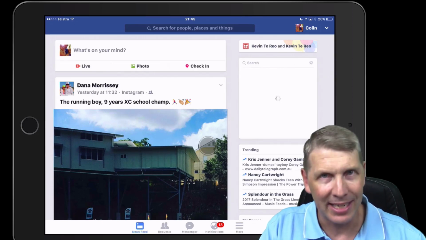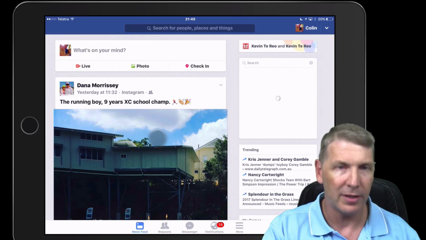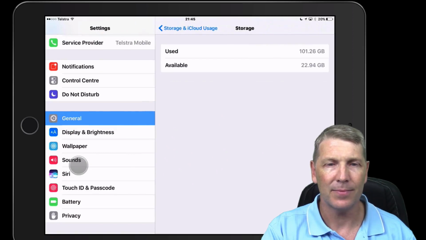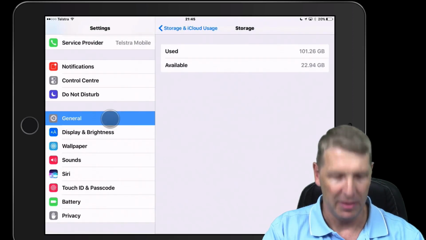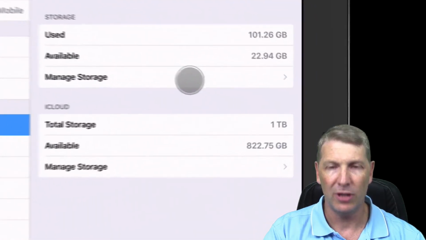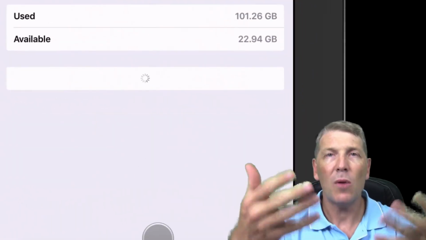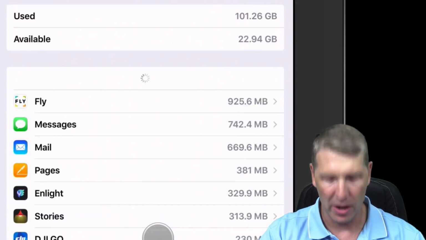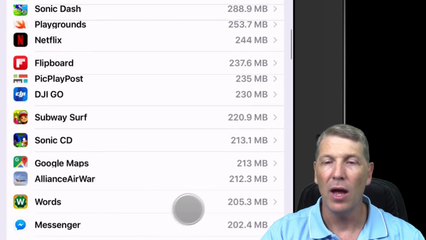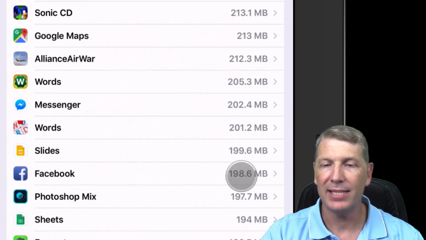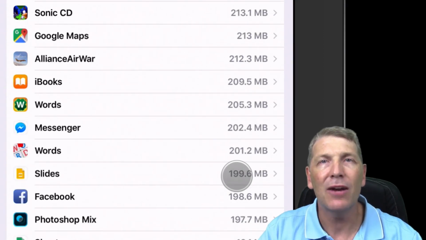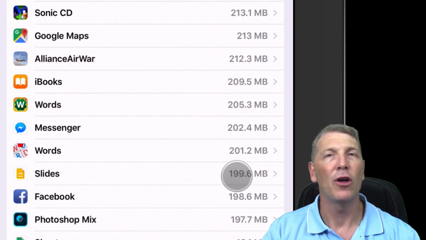So you can see I deleted Facebook, I reinstalled it. Now I'll click on the home button again here. I'm going to go to settings and general, storage and iCloud usage, manage storage, and this time when this fills, we're going to look for Facebook. There it is, way down here, look, 198 megabytes. So we were just able to get rid of 370 odd megabytes of stuff we'll never look at